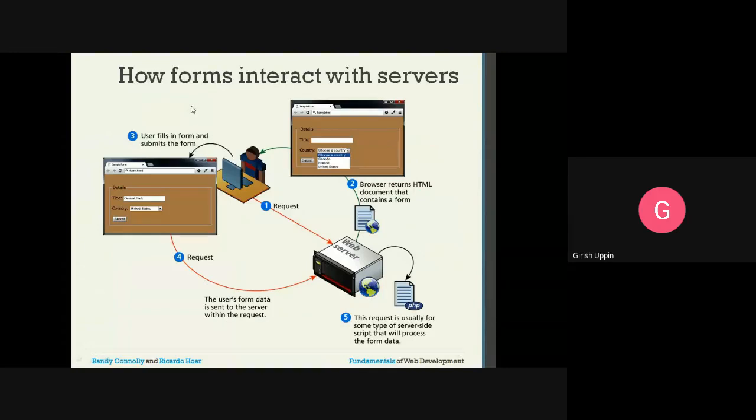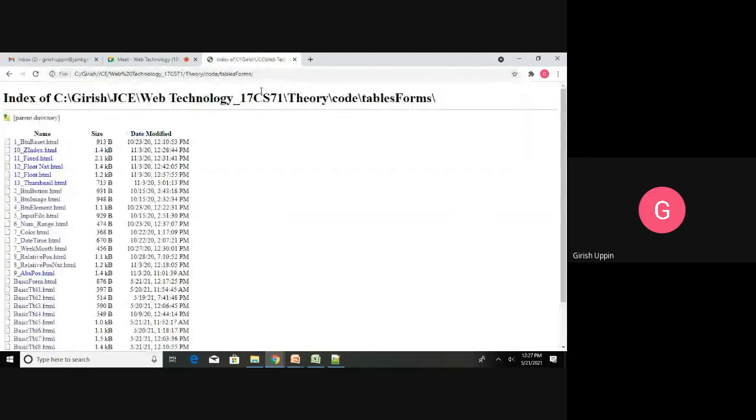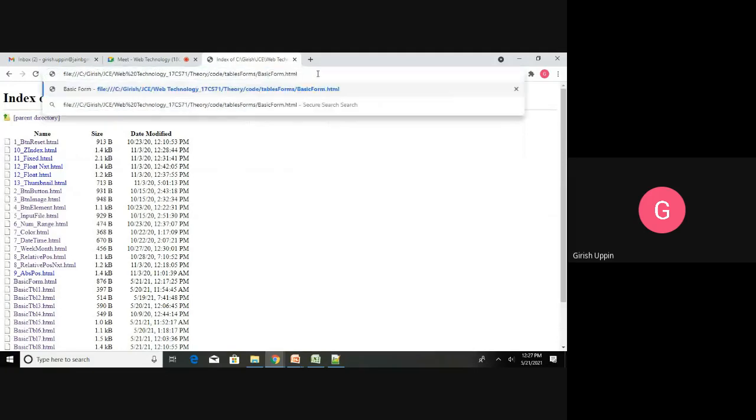Now, I just showed you what happened after submit. After submitting, what happens? So you are the user, you are accessing the application. First you will request the URL. First I click the HTML and I hit enter. I'm looking for a certain HTML, so I type that HTML, I hit enter.